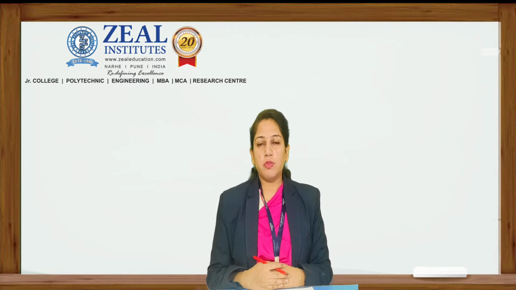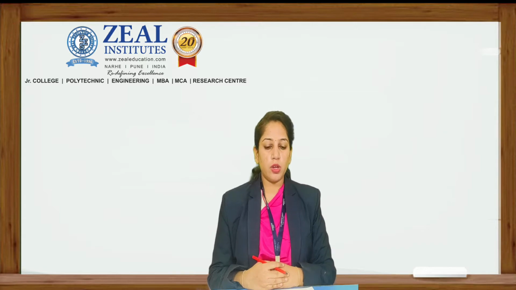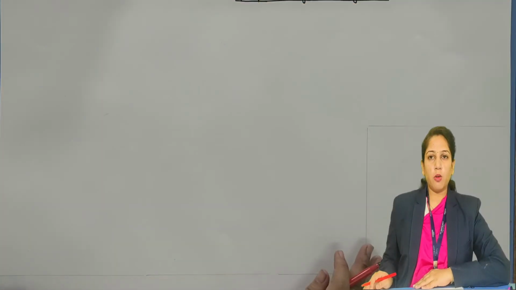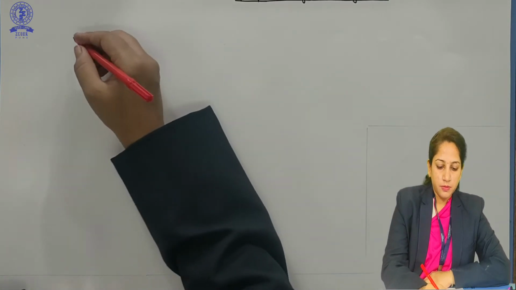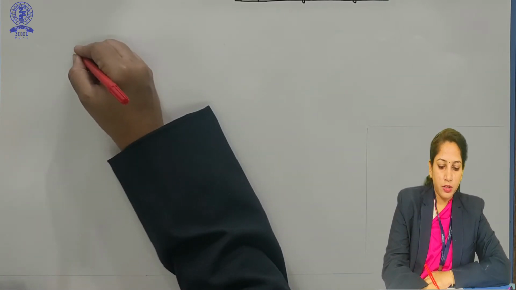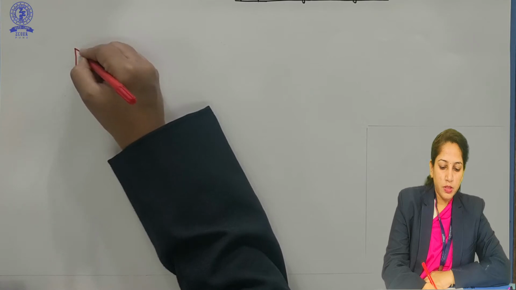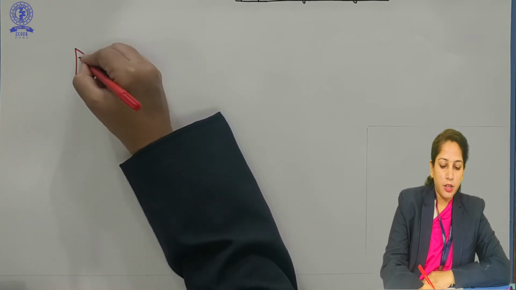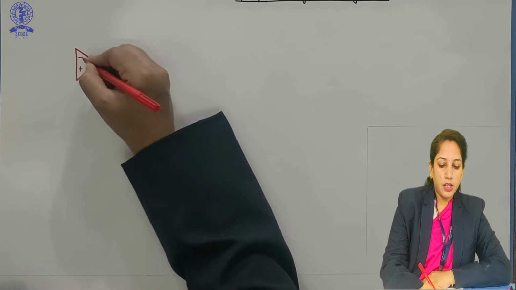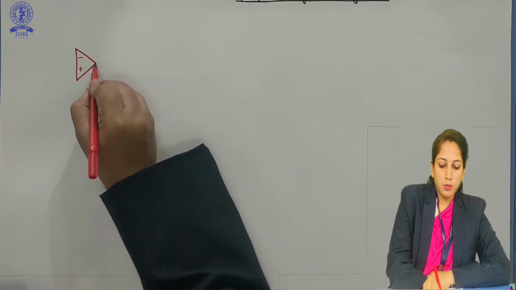In today's lecture, we will see operational amplifier as a triangular wave generator. So basically, we will use here two operational amplifiers which will be connected in series. Okay. So let's draw a circuit for operational amplifier as a triangular wave generator. As I have told you, we will draw here two operational amplifiers. One will be a comparator and one will be an integrator. We have already seen the integrator circuit before.